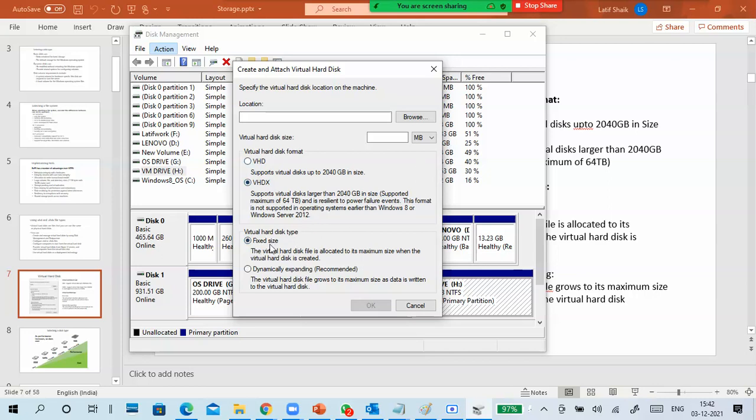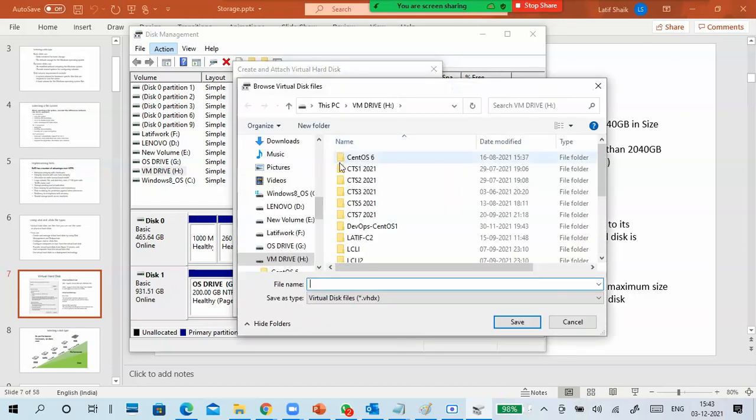The first one is I am going to create a fixed size disk. VHDX, fixed size, 10 GB as an example, and browse where I want to put it, the H drive only. I already selected the H drive here, because I have a big H drive.